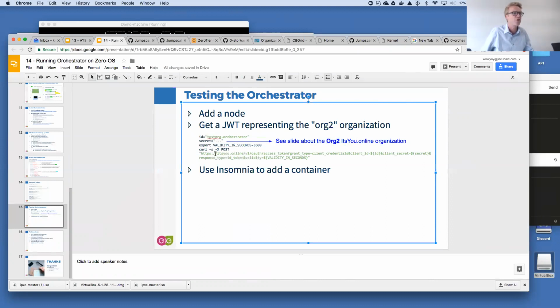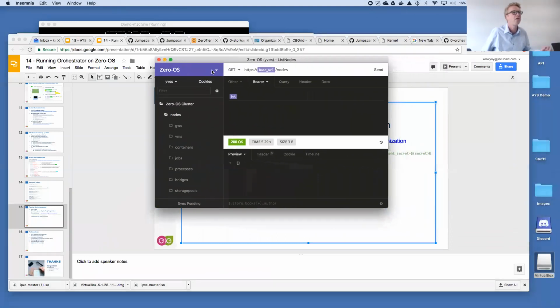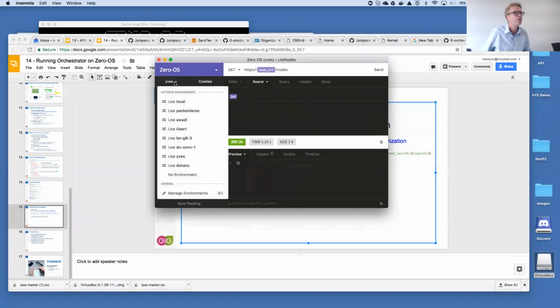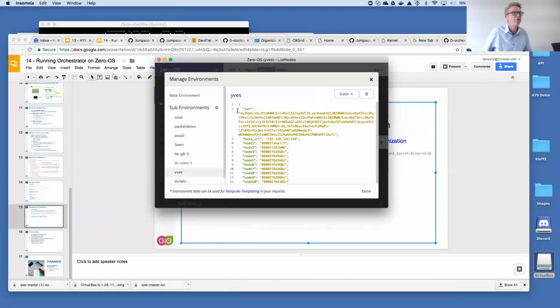You will execute this command. It will create a JWT. It will put it on the screen, and that JWT you then pass in Insomnia. You configure your environment, and you copy the JWT here, this one.